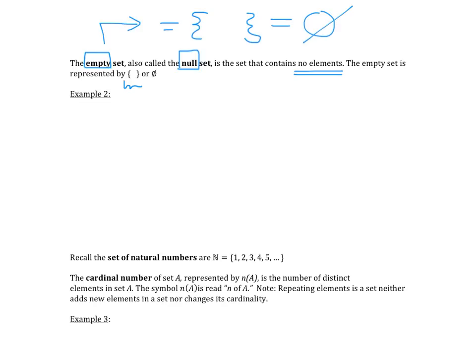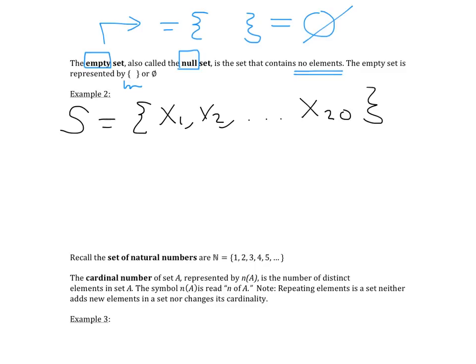So what's an example of an empty set? If we're talking about our set S, S is equal to all of our students, first student, second student, dot, dot, dot, till the last student. I just realized that in the last clip, I didn't do set builder notation, so I'll remember to put that in. Okay, so if I ask you, the question is,